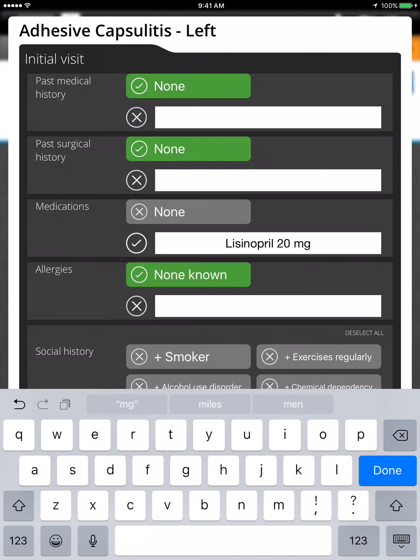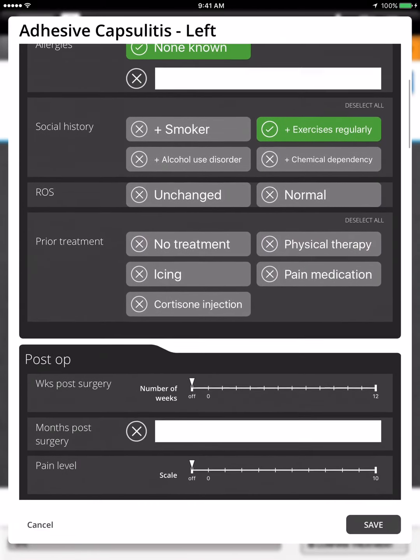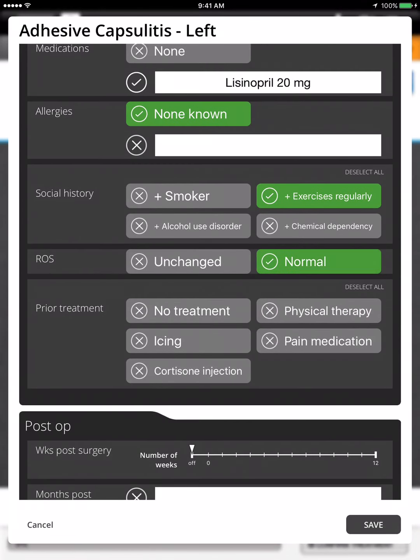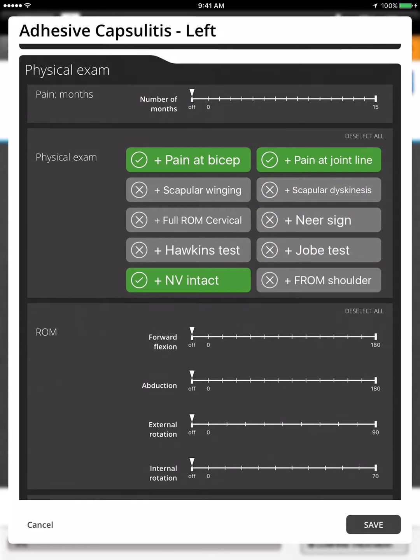And the patient has no allergies and happens to exercise regularly. Review of systems indicated pretty much a normal condition, and prior treatment included some physiotherapy, some pain medication. Now, proceeding to the physical exam, the patient has had pain for almost a month, and the physical exam reveals pain at the biceps, pain at the joint line, and the neurovascular